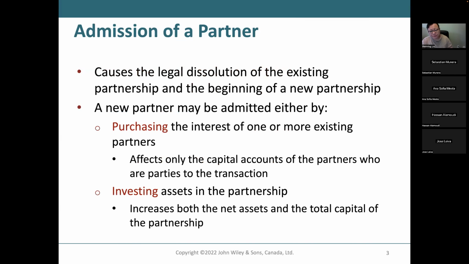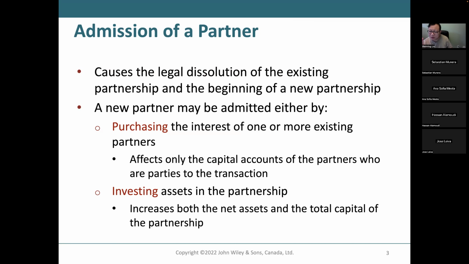When you have an admission of a partner, this will cause the legal dissolution of the existing partnership and the beginning of a new partnership. And you remember I mentioned that the most important document of a partnership is the partnership agreement, right? It is agreed by all partners. So when you have a new partner in,